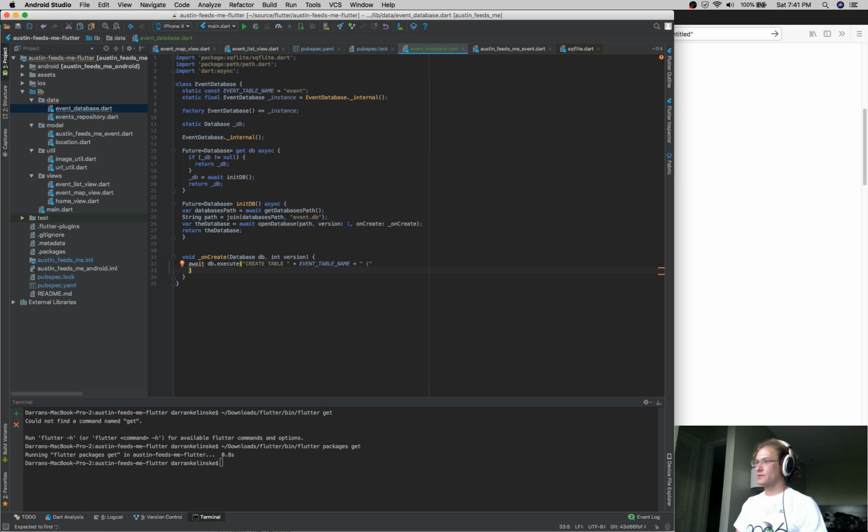We're going to go down here, and we're going to do ID. That was it. Extra one. We're going to do ID string primary key. So we're going to set a primary key variable, comma, space, and that's going to allow us to put a